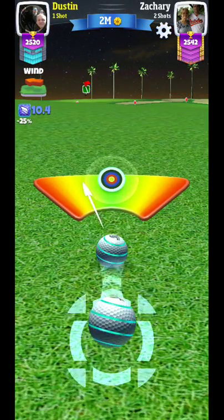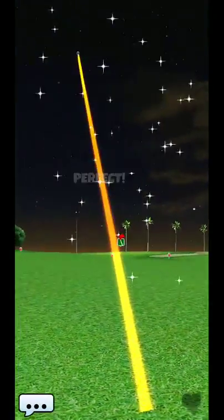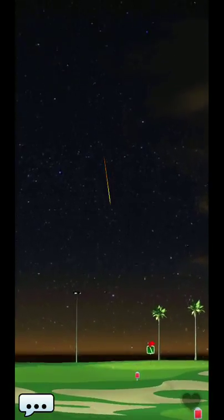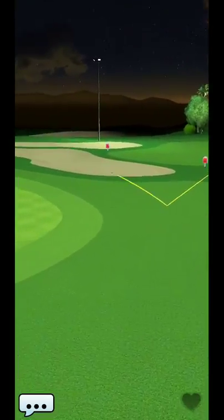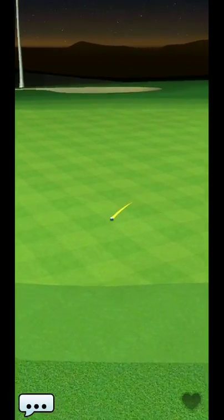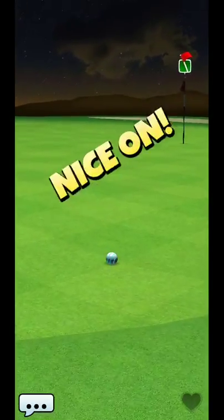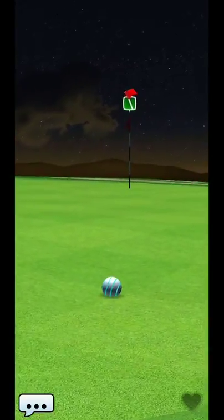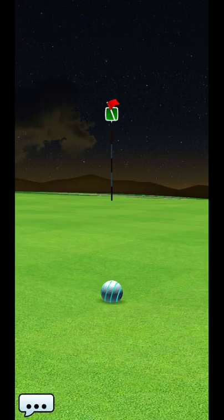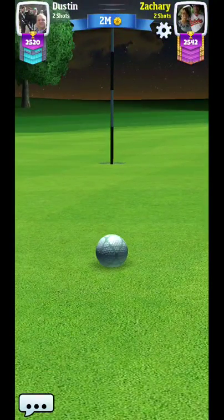So let's see if we can't get the shootout here, but at the very least, this is another win for you guys to see. And just keep in mind, if you're doing a curl back method, what I did for my shot was, it was too much curl. I knew it was too much, but I had to keep in mind that I was already aiming left of the hole. So since I wasn't aimed at the hole or to the right, I had to do some extra curl from what a normal